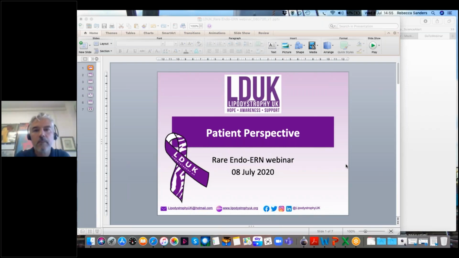And also, as one of the main treatment aspects available to patients is diet therapy, looking at the impact of low-carb diets, which have been looked at more extensively in type 2 diabetes, but not with a link to lipodystrophy and the need for also having a low-fat diet. So those things are particularly important at the moment.